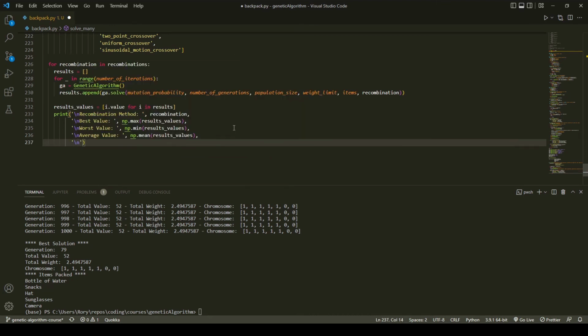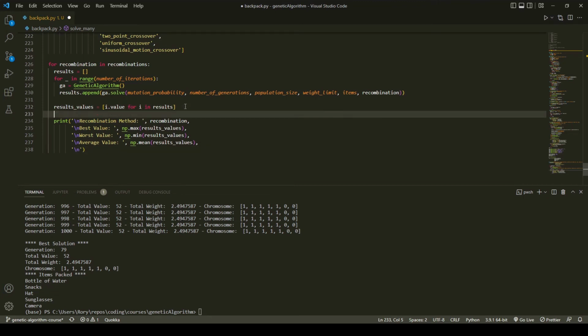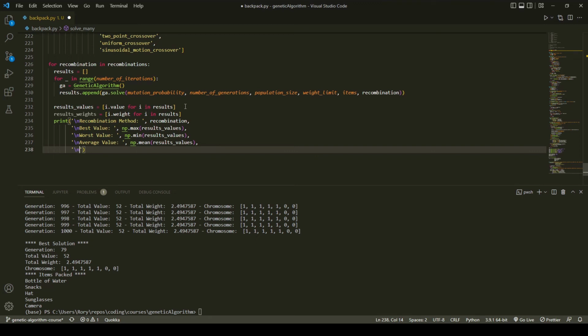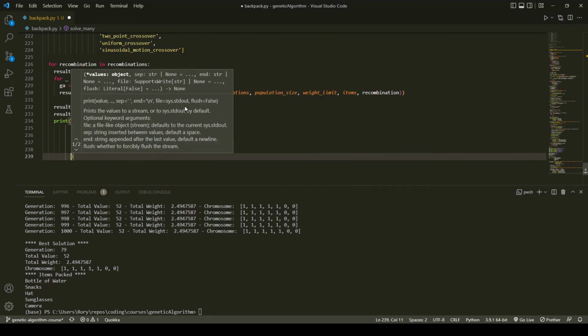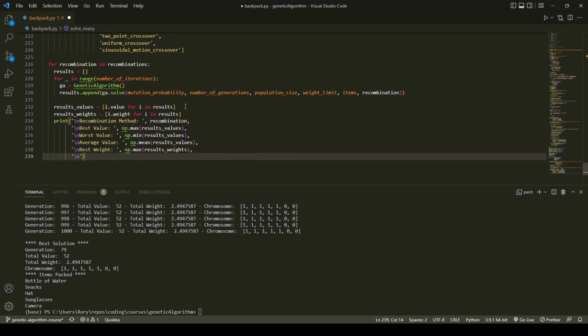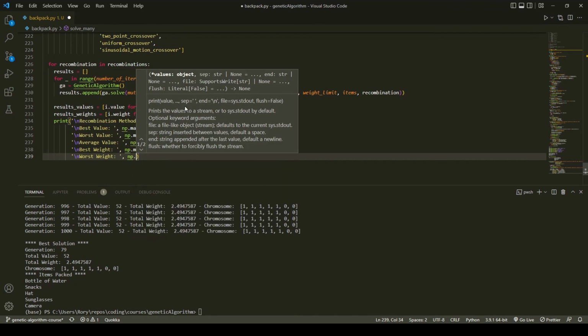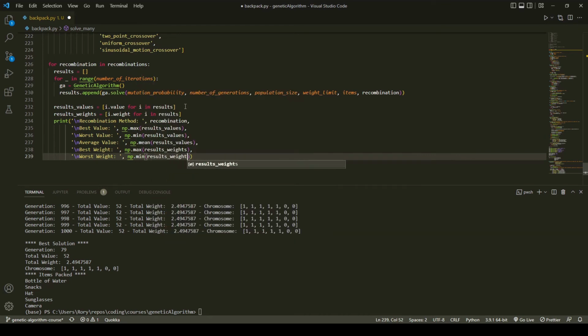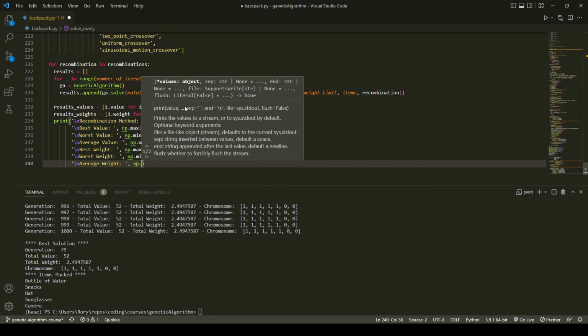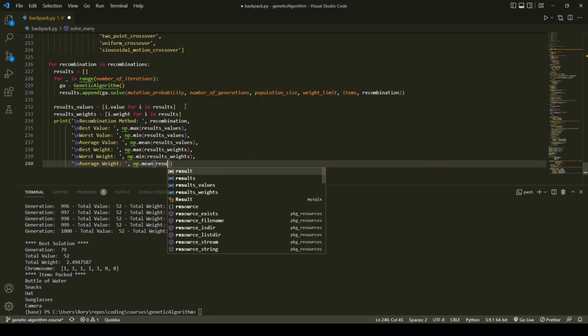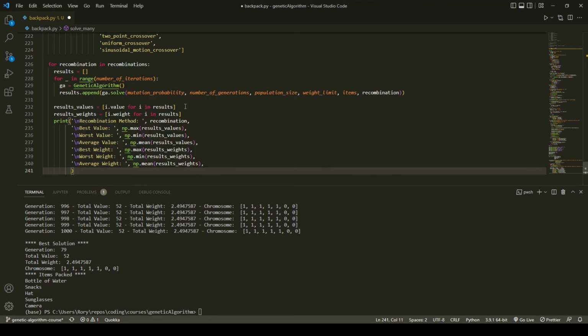And next we are going to be printing out information on the weight. So up here I'm going to create another variable that is results weights, i.weight for i in results. Come back down here, and now we're going to print out best weight, numpy.max results weights, the worst weight, numpy.min results weights, the average weight, numpy.mean results weights, and then